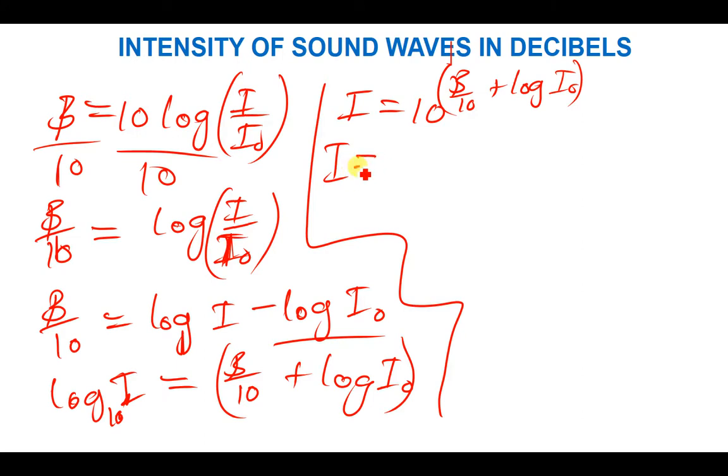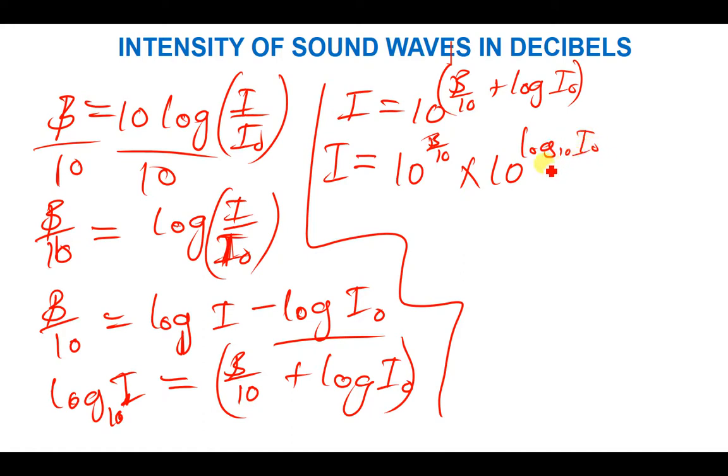We're going to have I is equal to 10 to the power beta. We're just applying the rules of logarithm. So it's just 10 to the power beta over 10. And then since there's addition here, it means that we are multiplying two indices with the same base. Of course, the base is 10. Then we'll have a log in base 10